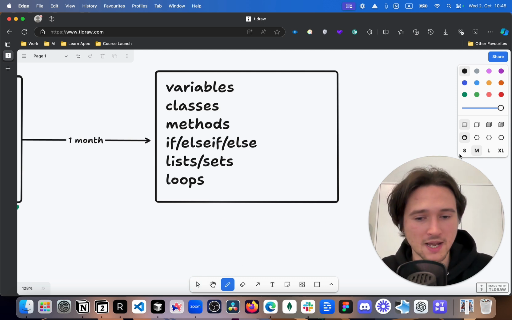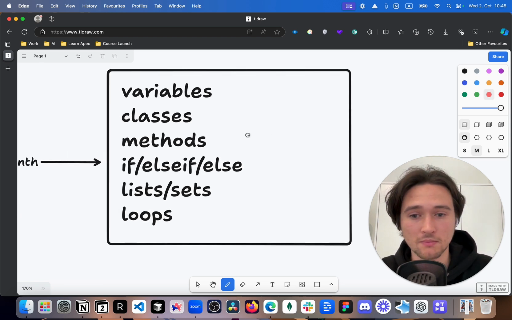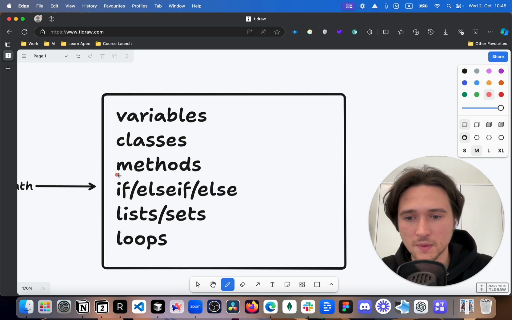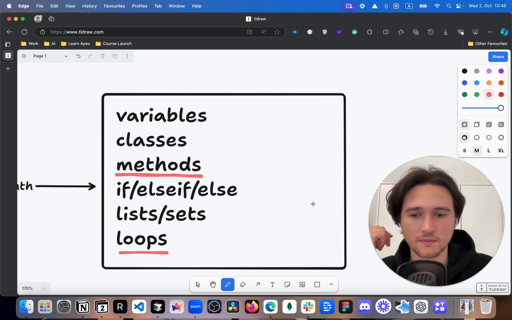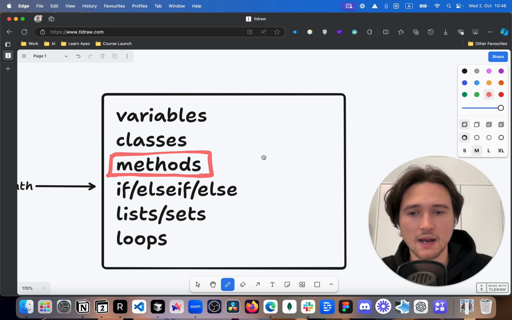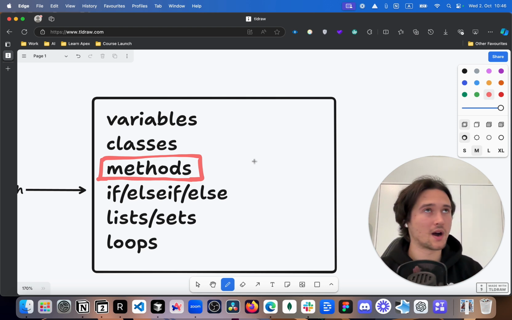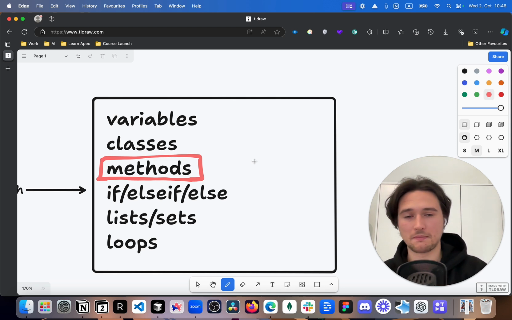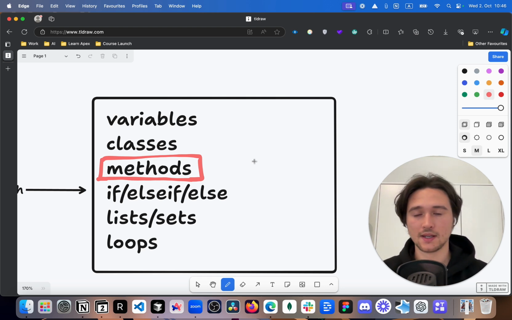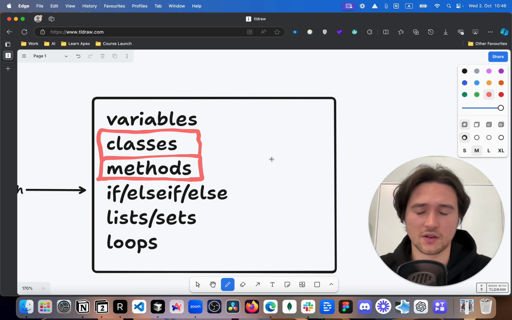I'm going to highlight for you some topics where you're probably going to have some problems. You're going to have problems with methods and sometimes with loops, but not so much with loops. If I wanted to highlight one topic that people struggle with the most, I would say this is methods. It doesn't have to be this. If you are good with flows, for example, you would be able to understand methods relatively quickly. But what if you don't, right? I would even put methods and classes together. They kind of work together.